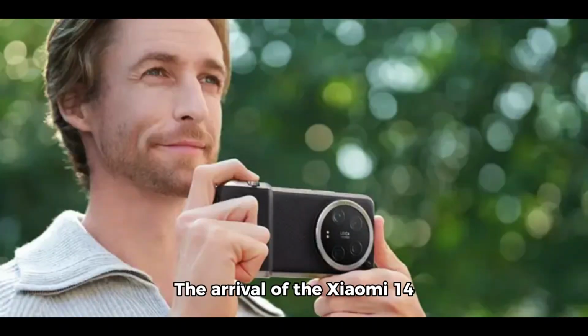The arrival of the Xiaomi 14 Ultra not too long ago showed that Xiaomi has what it takes to compete with premium smartphone cameras on the market, working with the likes of Leica to offer consumers something different from the rest of the competition. In terms of camera hardware, the Xiaomi 14 Ultra comes with a quad camera setup featuring